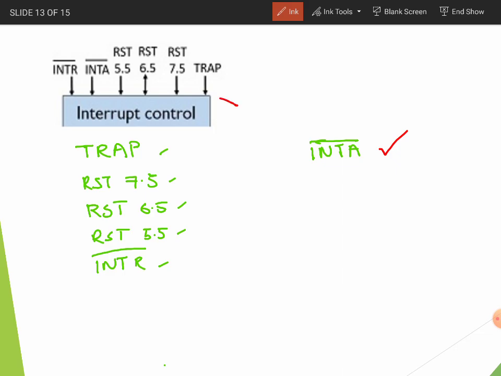So this input output block controls the 5 hardware interrupts, the incoming interrupts, and also generates the interrupt acknowledgement signal. So this is your interrupt acknowledgement.